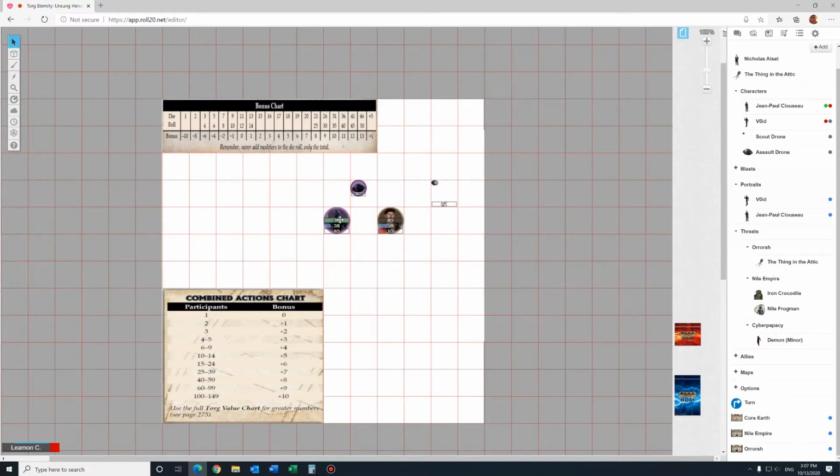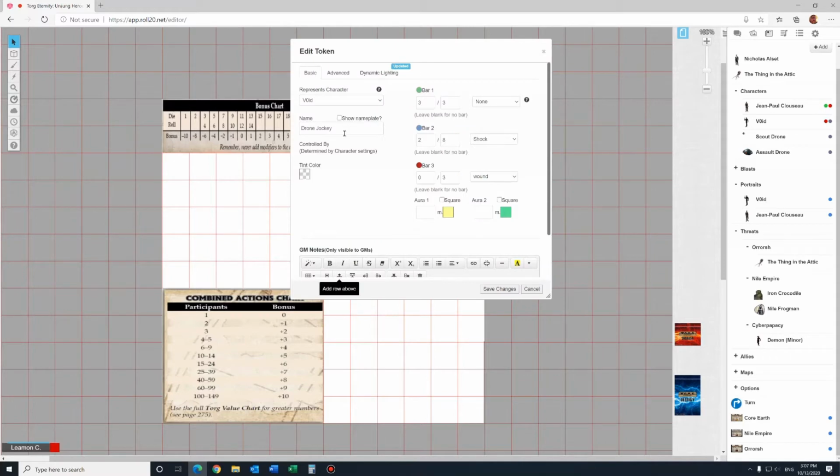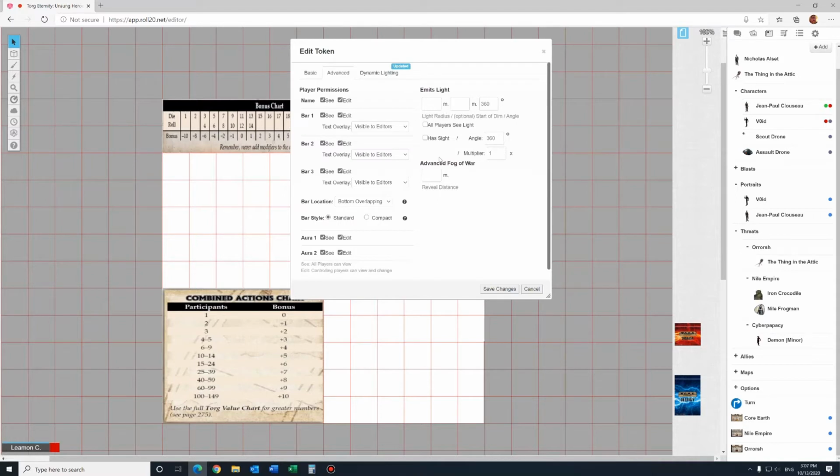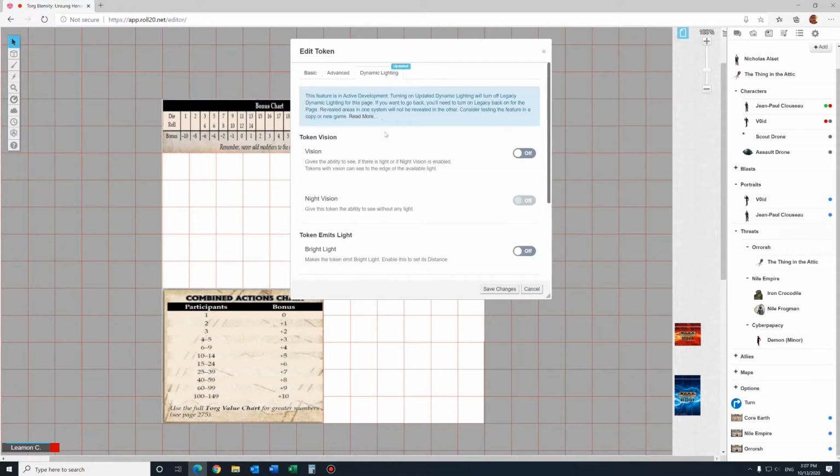So what we're going to have to do is double click and go to dynamic lighting. And it does say updated. Like I said before, it used to be different, and they went through changes. I was actually getting ready to make a video with dynamic lighting, and they started changing things, and I decided that I would wait until things